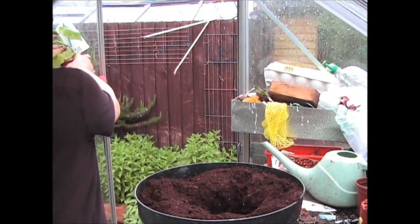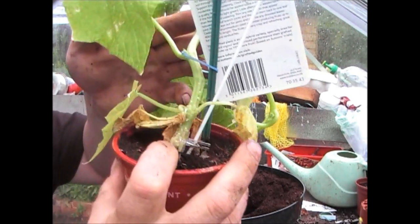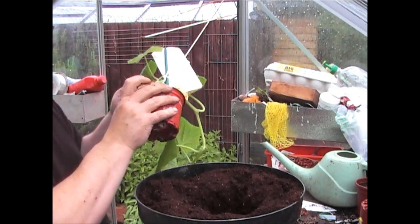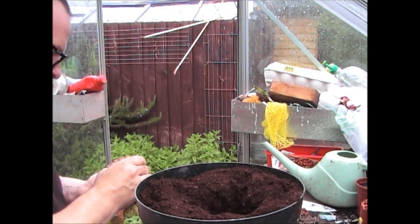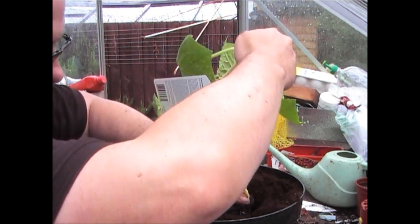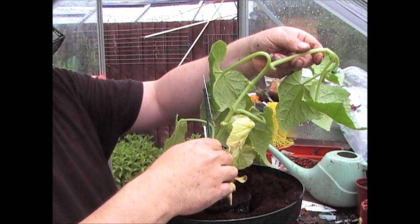Now, that's exactly what's been done with this one. I don't know if you can see, but at that point there, you can see that little clip. That's basically where the two plants come together. So I'm going to very carefully turn this upside down, supporting the plant as best I can as I turn it. Now that's in the hole as it should be, and that's why they've got a stick here supporting it, because